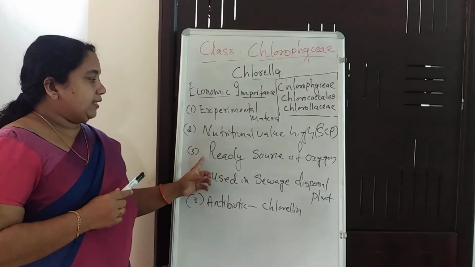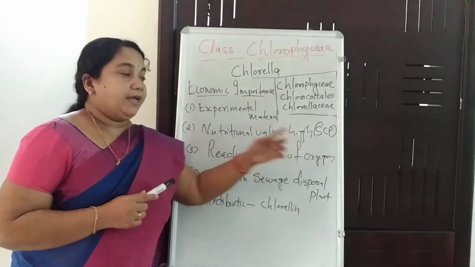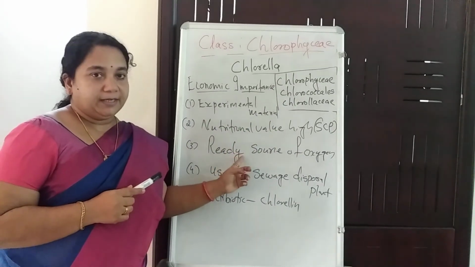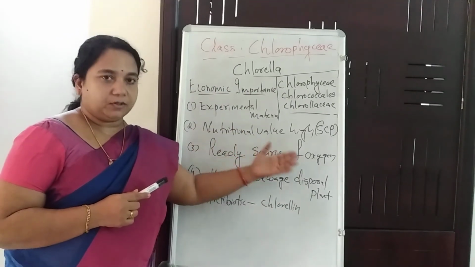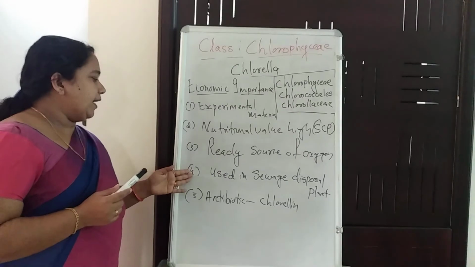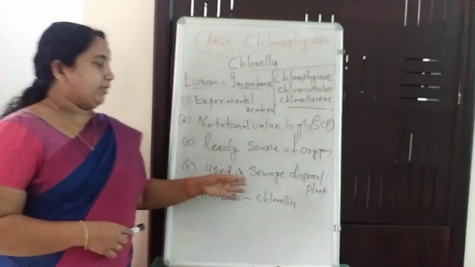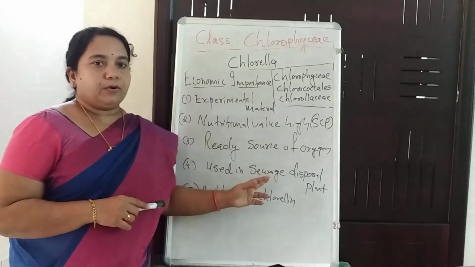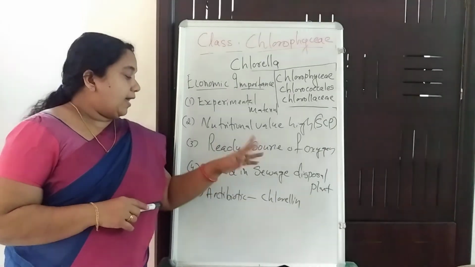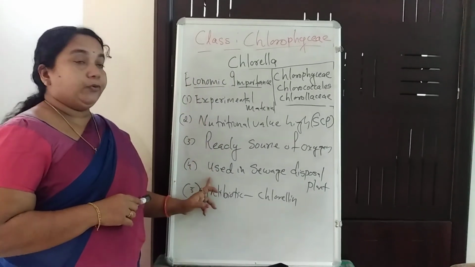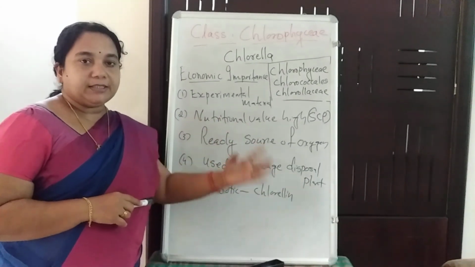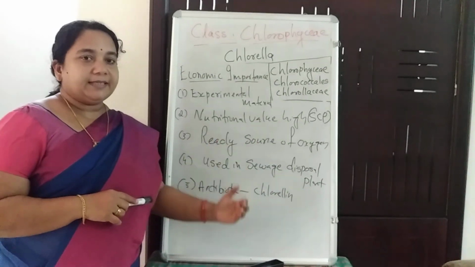Another economic importance is that it is a ready source of oxygen. It is a ready source of oxygen means it can release oxygen. So Chlorella is taken in spacecraft for releasing oxygen. And also it can be used as food and also to release oxygen. Another importance is that it is used in sewage disposal plants. Why? Because in a sewage disposal plant there is a large amount of carbon dioxide, and Chlorella as a single cell can utilize that carbon dioxide and release oxygen into the sewage plant and thus can change the